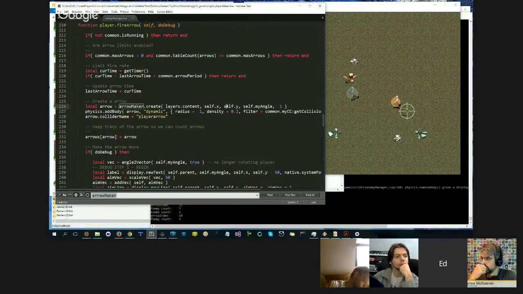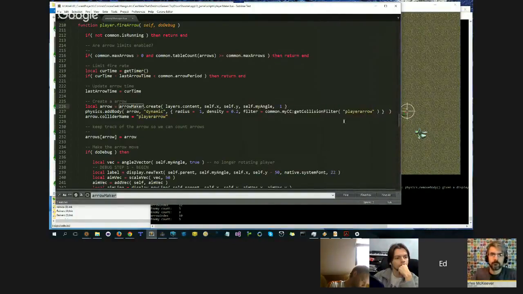There is one factor that it's good you should mention. This is a common problem with fast-moving bodies. A very fast-moving body in Corona, and this is really not a Corona thing, this is a Box 2D issue, will do what's called tunneling. Even if it's supposed to hit another body, it may pass through the body with no detected collision and no